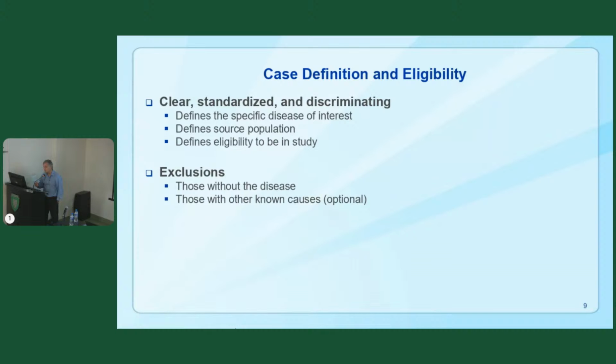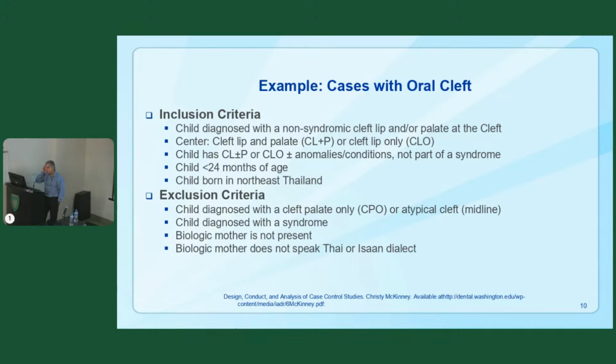Those who are the known causes of your disease, you can eliminate there if you want to. You don't need to adjust later on for confounding. You may eliminate some tough-to-measure confounders right there at the exclusion level. Inclusion criteria: I gave a crazy example here of a child diagnosed with non-syndromic